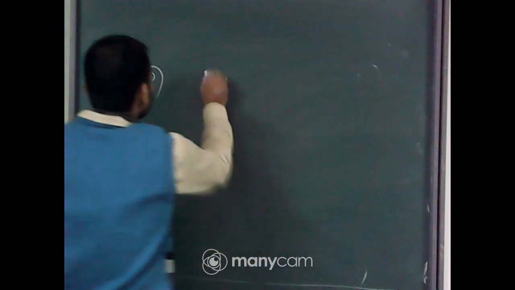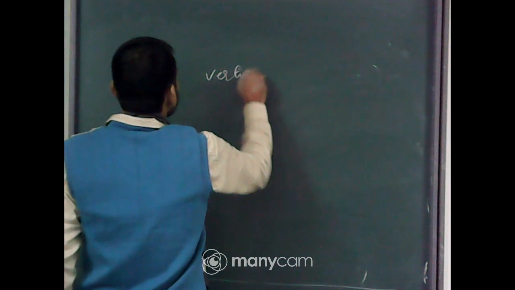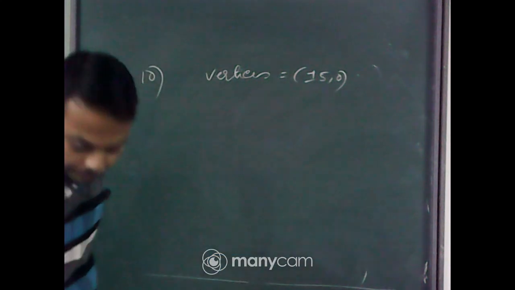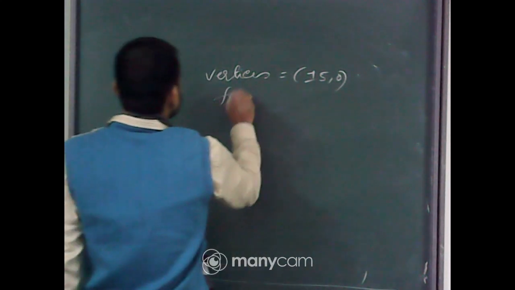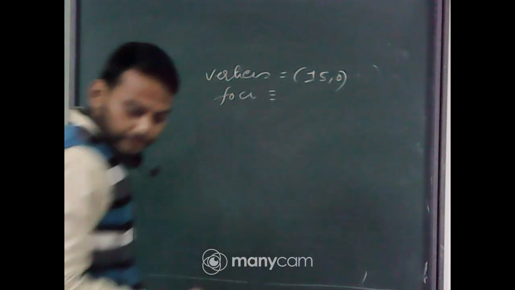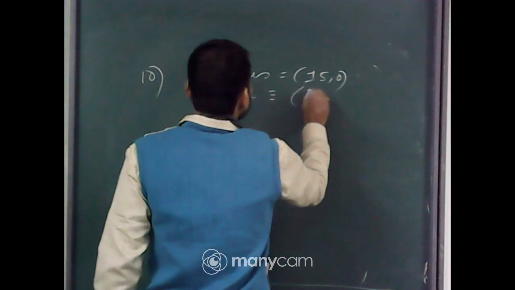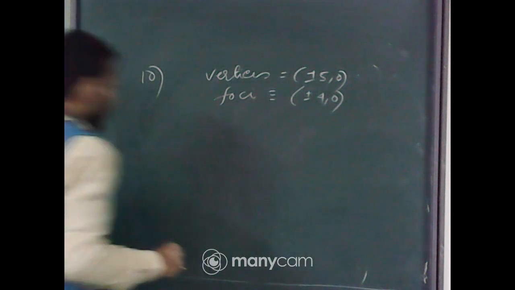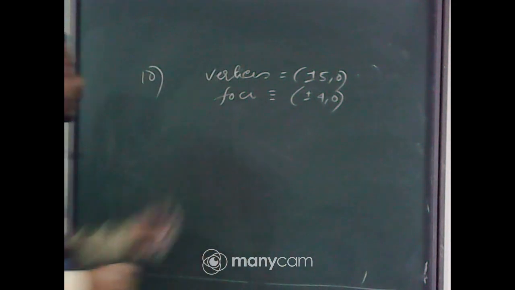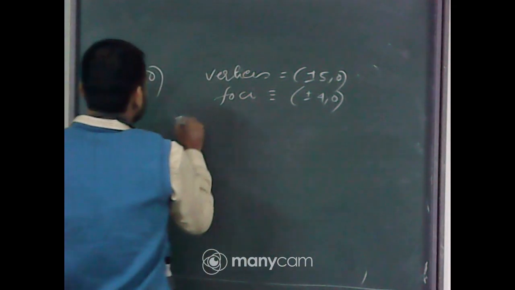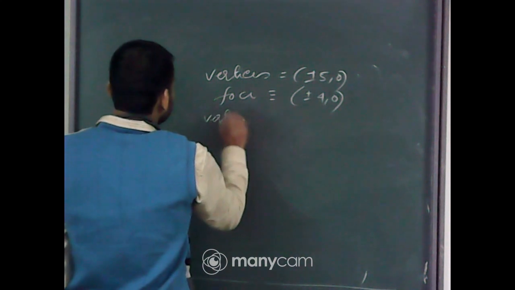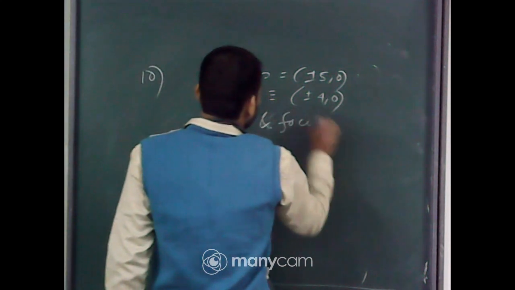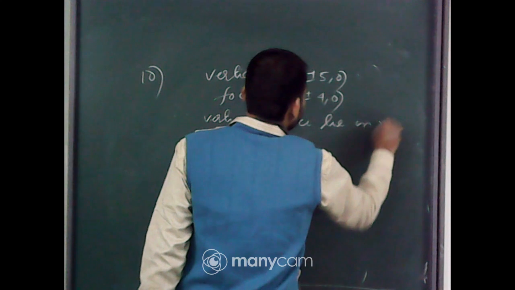The vertices, here the vertices is given to you. Vertices plus minus 5 comma 0, and the foci, that is plus minus 4 comma 0. So from the coordinates of vertices and foci, we can easily conclude that both the vertices and foci lie on the x-axis. Since vertices and foci lie on x-axis,